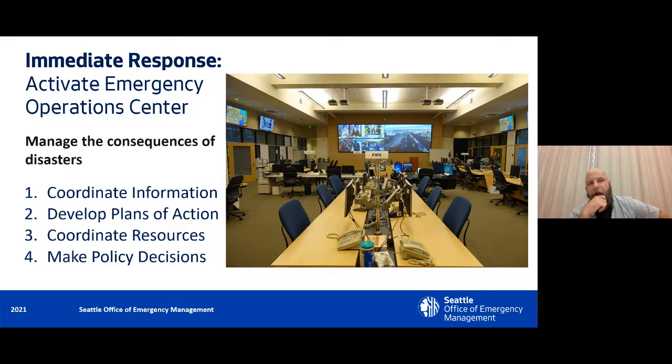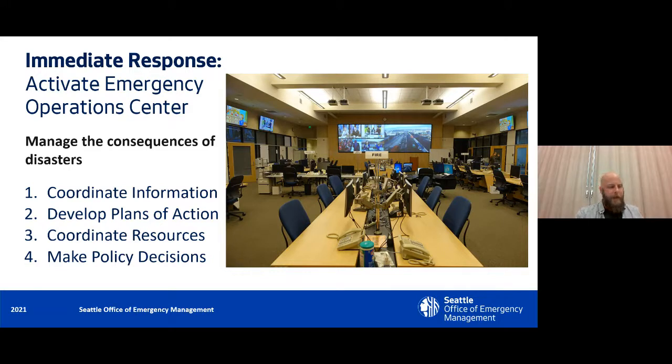So the other part of immediate response is really establishing citywide coordination. And the way we do that is through activating the Emergency Operations Center. Like I mentioned, our Emergency Operations Center is at the corner of 5th and Washington downtown. We have alternate locations if for some reason we could not activate this. We have internal processes for alerting city staff and partner agencies that we are activating and giving them instructions to report. During COVID, we've had to shift largely to a virtual activation. We continue to do that as there's COVID impacts, but hopefully soon we're back to using our normal Emergency Operations Center space.